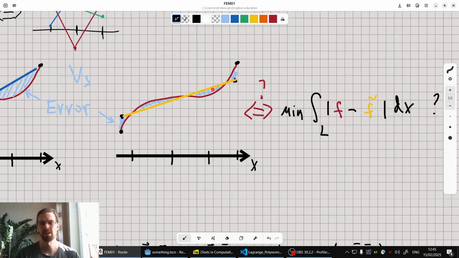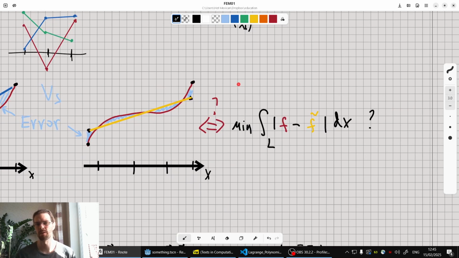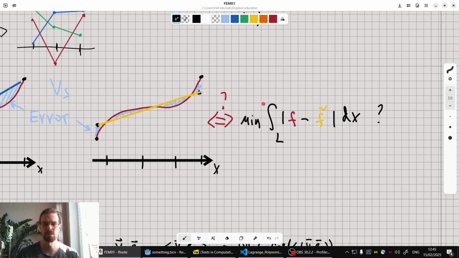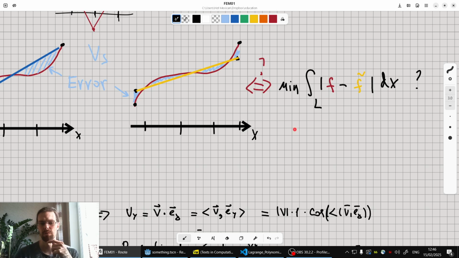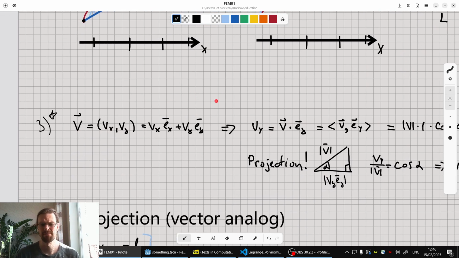So in a sense, we can think that because it's a function, the error is an area. Okay, we just have to integrate something. So in this case, for example, we integrate the absolute value of the difference between these functions. So this is an important idea. And the third is